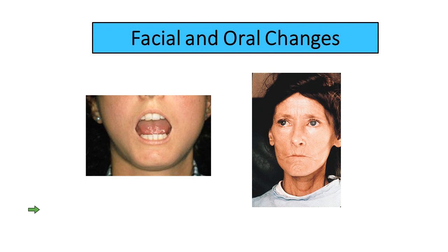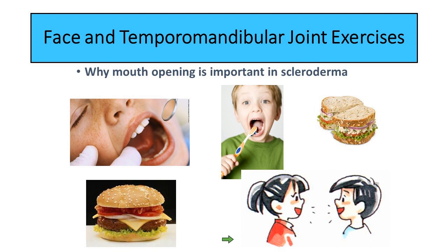And then also people have a difficult time opening their mouth. It makes it hard to brush your teeth. Some people have increased dental caries and periodontal disease because of the dry mouth. And then sometimes people have a difficult time eating, depending on how affected their mouth is. So the opening of your mouth especially is very important due to, of course, dental care, being able to go to the dentist and have the hygienist work on it, eating foods that you love, brushing your teeth. And then some people, it does also affect their talking,